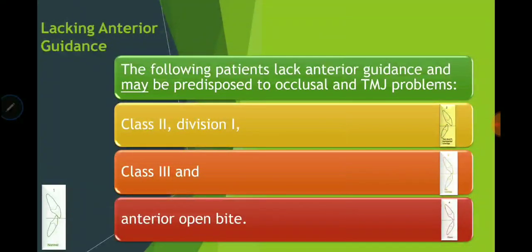So here, in the pictures below, you can see there's lack of anterior guidance. These are scenarios where there's lack of anterior guidance and may predispose to occlusal and TMJ problems. Okay, so here you can see class 2 division 1, where there's excessive overjet, as you can see here. Some overjet there, and so there's too much horizontal overjet. And then class 3,